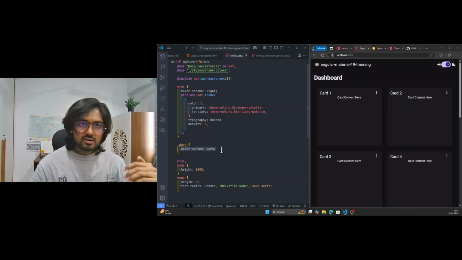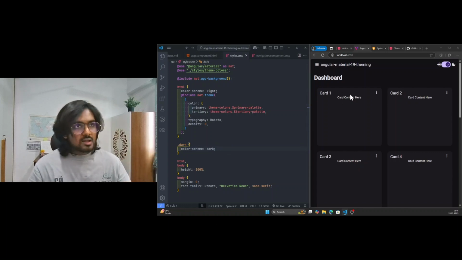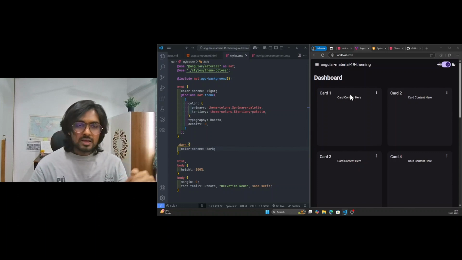Earlier it was difficult in Angular Material, not difficult, but we had to follow some steps to apply the dark theme. You had to create one more theme using the define-theme function. But now it is just a color-scheme dark property and you will get the whole dark thing. Okay. And as we are also using mat-app-background, the default background and foreground colors will also be controlled using